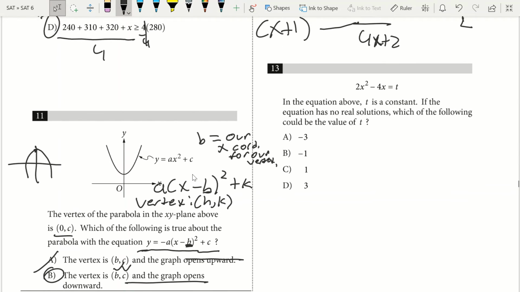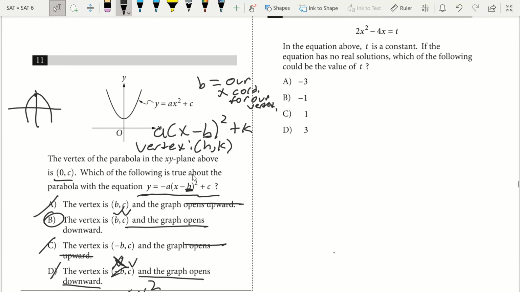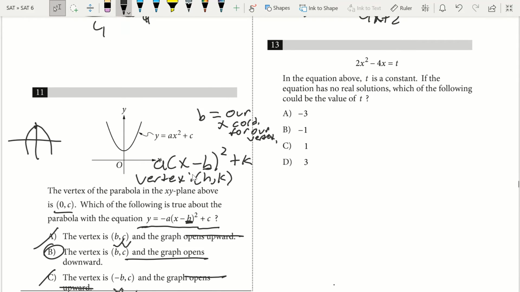Question 12, or we already did 12. Question 13. In the equation above, t is a constant. If the equation has no real solutions, which of the following could be the value of t? Alright, so in order to find out what t has to be in order to have no real solutions, what we're going to do is move t